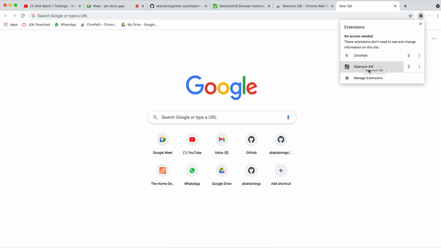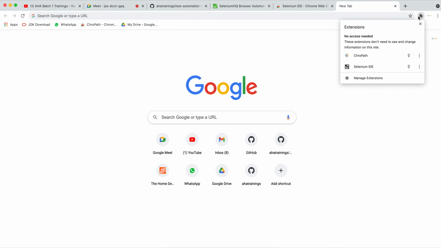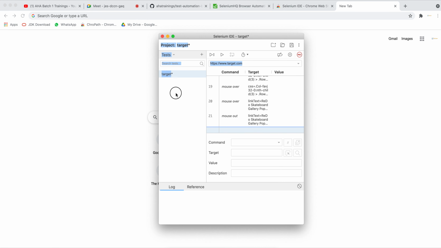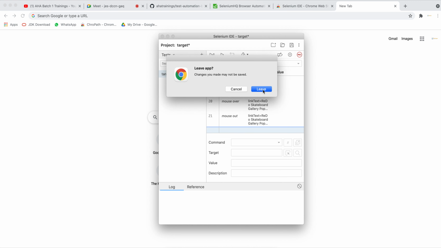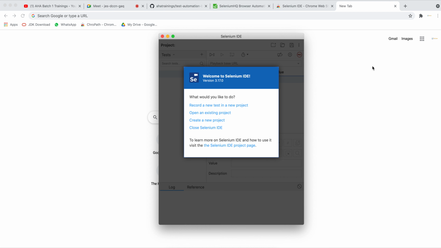Now, what is the advantage of Selenium IDE? I'll show you. I clicked on Selenium IDE, and it gives a few options.